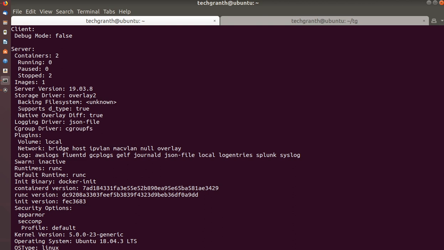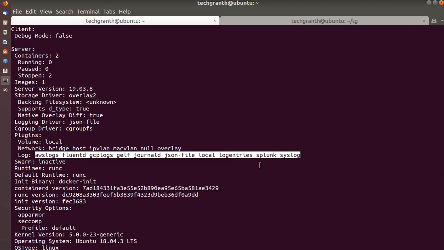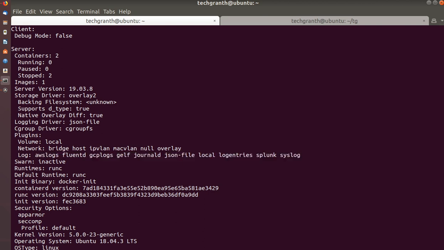Then we have these network plugins which are already installed here, and log plugins, these ones, which are already here. We can get the logs from here and provide them to AWS or FluentD, GCP logs, journald, local, Splunk or syslog. We will discuss all these things in later videos.